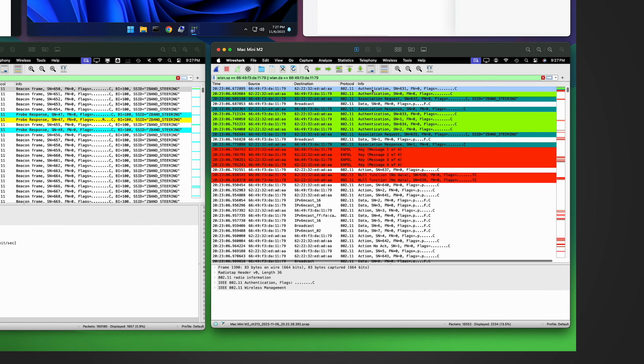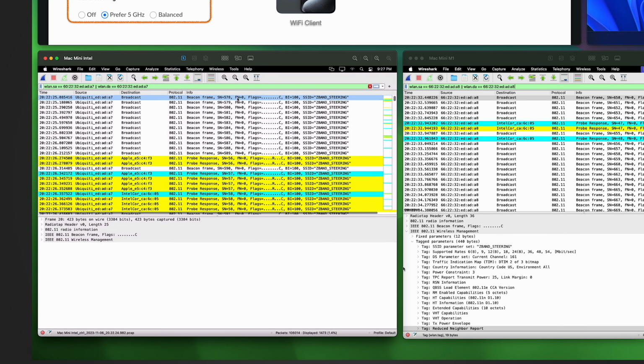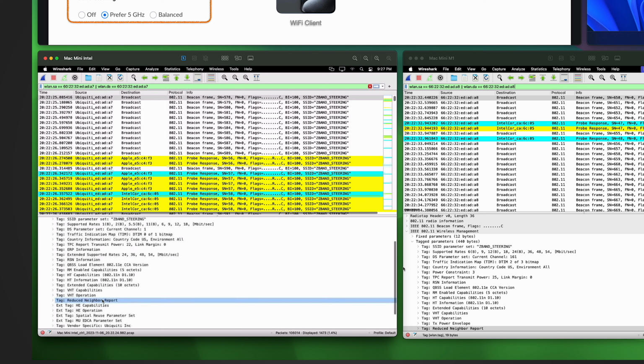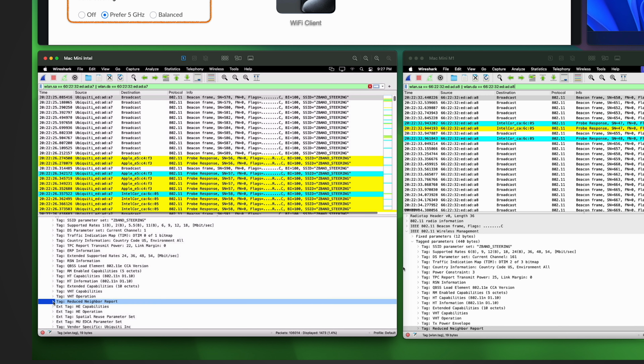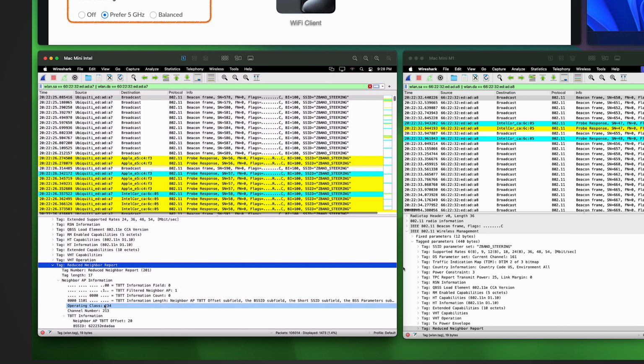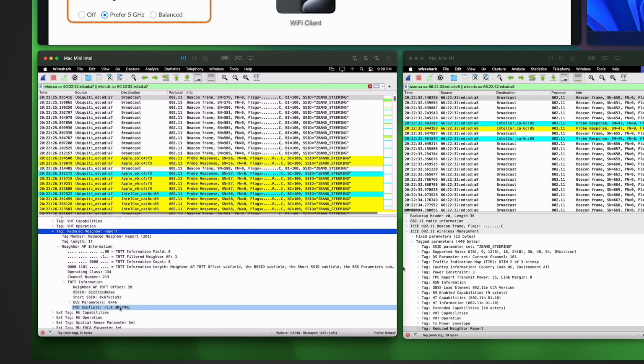If you check the 6 GHz session, you don't see probe request and probe response. So basically, the iPad directly authenticated to the access point. So let's click a random beacon frame, expand the wireless management section. Here, you see a familiar section called reduced neighbor report. If you expand it, you will see the exact same information as we saw before, but